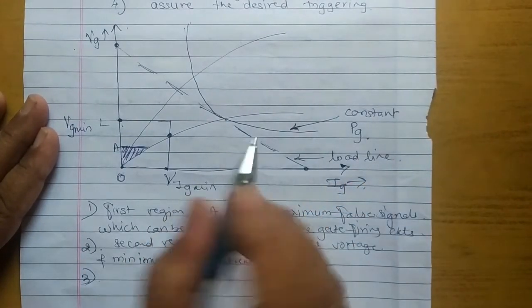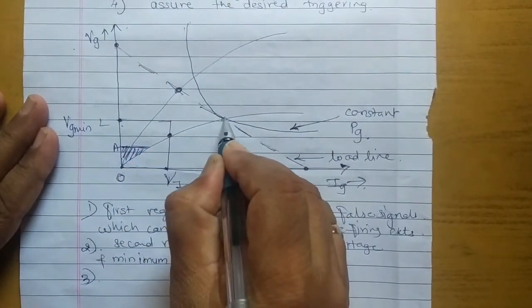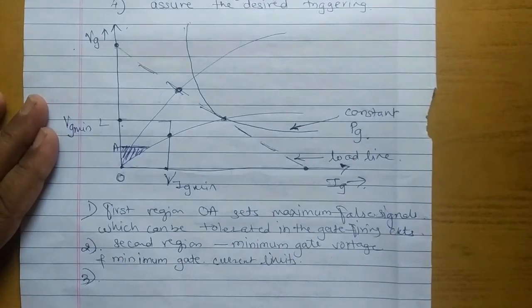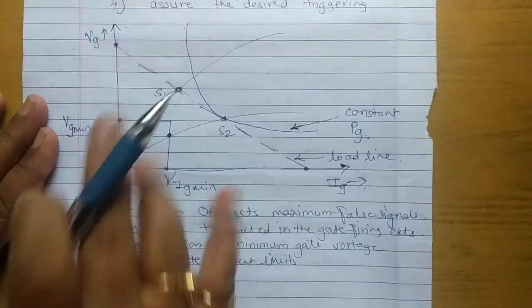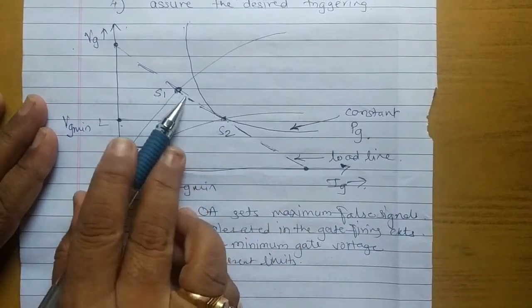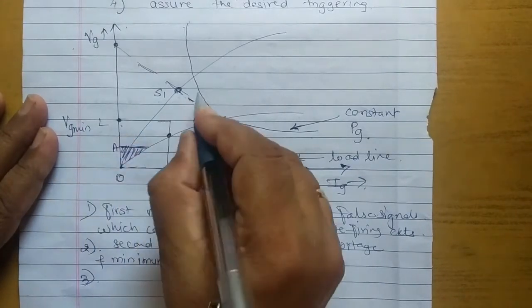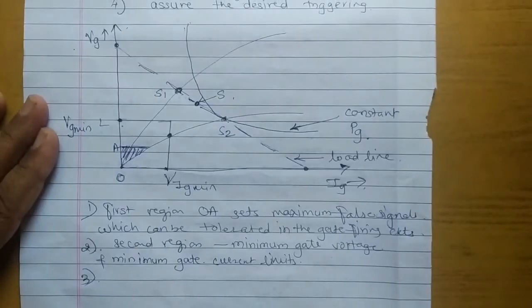Right, now for this we will see where this load line touches this characteristic and this characteristic. So here this is the S1 point and this is the S2 point, which means this is the safe region. The region between S1 and S2 is the safe region for the gate triggering circuit. So I can consider the S point, which is safe, as the middle point of the load line. Here I have drawn this characteristic in order to consider all these regions.